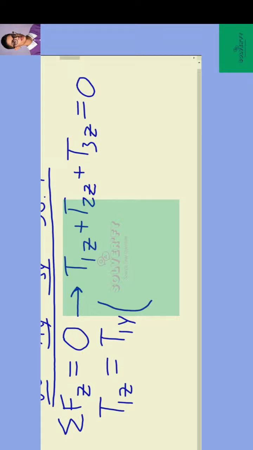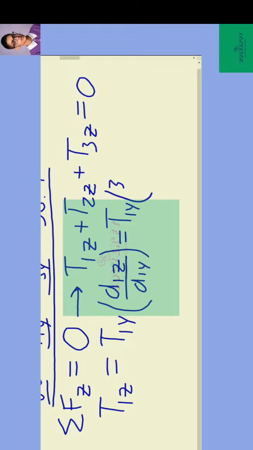In order to get T1z from T1y, we multiply T1y by a ratio of the cable's z dimension over the cable's y dimension. That gives us T1y times our z dimension, which is 360 millimeters, over its y dimension, negative 480 millimeters. It gives us negative 0.75